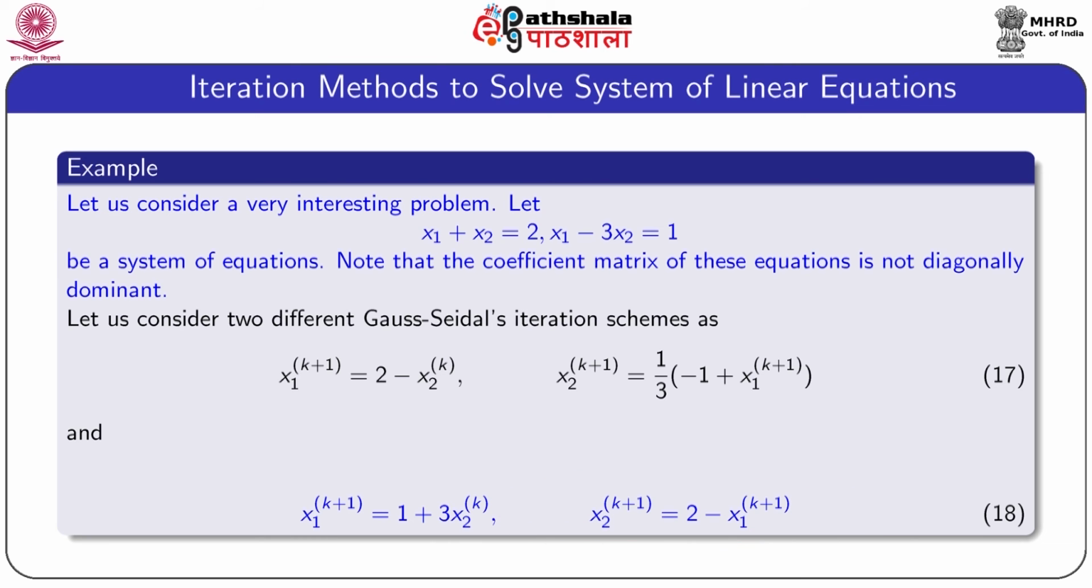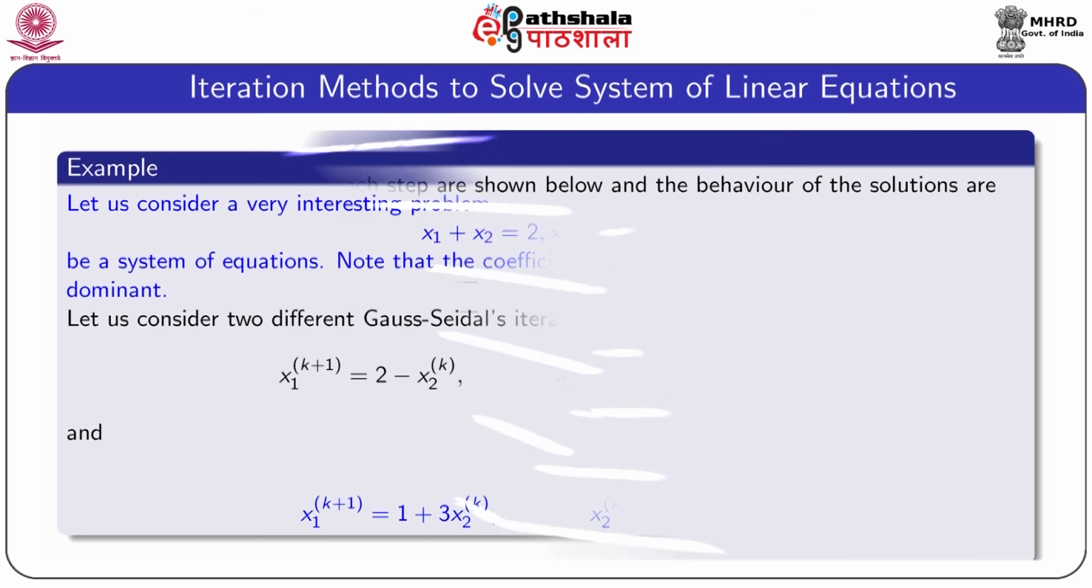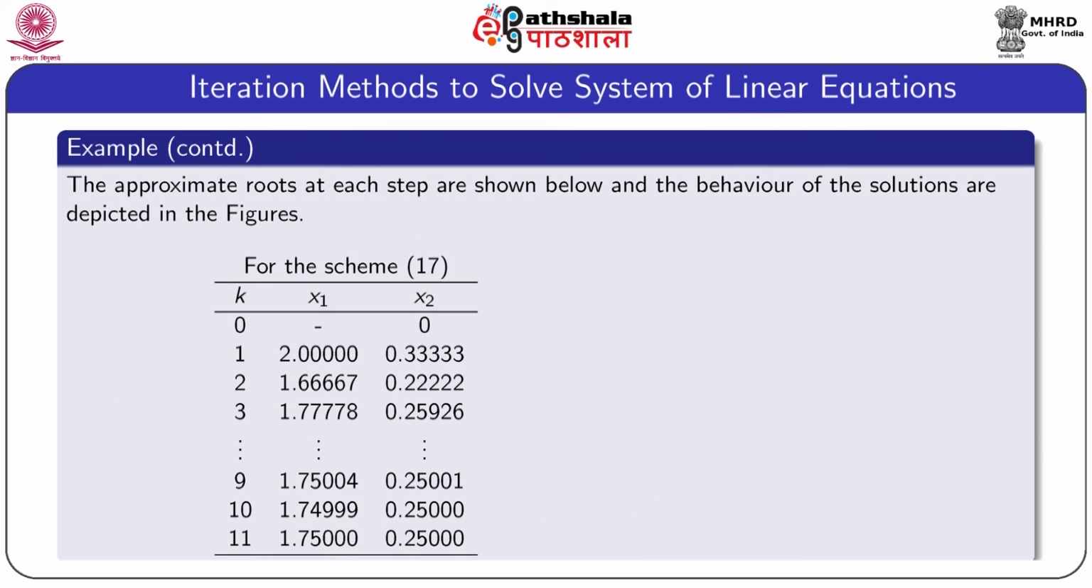This iteration scheme is denoted by equation number 18. So, for these 2 iteration schemes we obtain the 2 tables of values. For the first iteration scheme, that means the iteration scheme for equation 17, note that it converges to a root, and we have seen that iterations 10 and 11 give almost the same solution for the variables x1 and x2. That means this iteration scheme converges to a solution, but the second iteration scheme, that means the iteration scheme